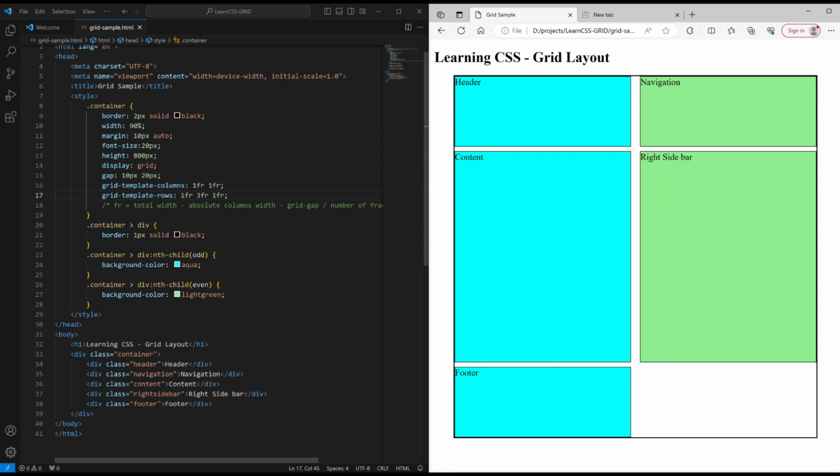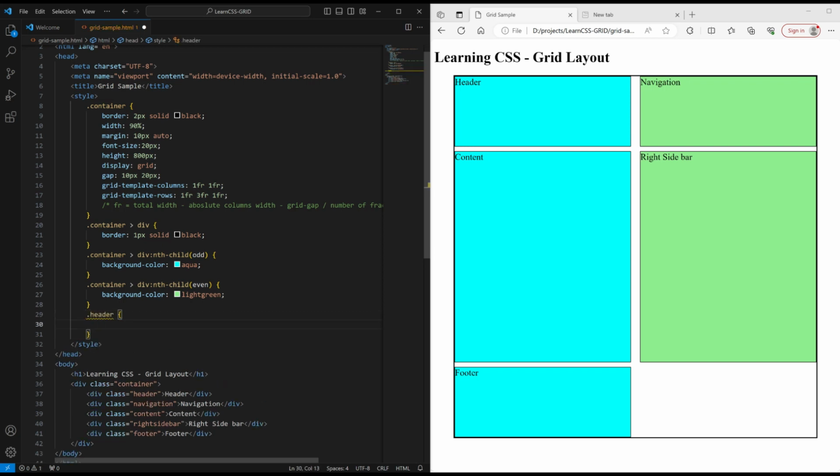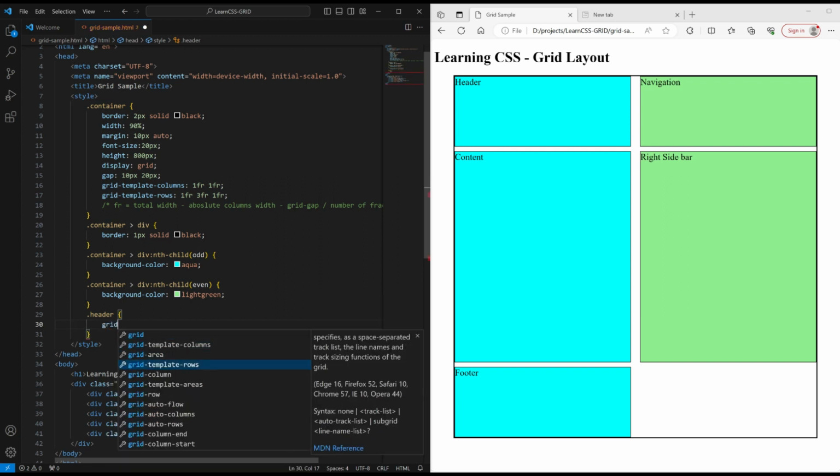Now, if I have to place my grid in such a way that some grid elements might cover two columns or two rows, that can be done on the individual container elements. Say, for example, my header has to take two spaces and it has to be completely spanning over the first row. That can be given on the particular element. So here I'm taking the header class because the header child div has a class of header, so I'm taking this header and I can specify where the grid has to start and where it has to end. So there are these properties for that: